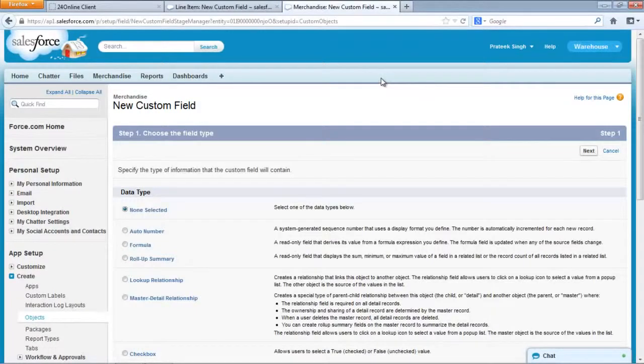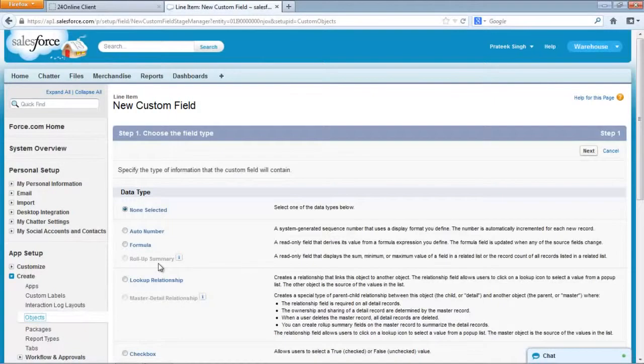And in earlier versions of Salesforce, we could have only one level deep master detail relationship, but now we can have master detail and then one more detail relationship since Winter 13. So see, now we have created these two, it's grayed out on the line item object. That's what I wanted to show you. But since it's a child, we don't have roll up summary. The roll up summary fields get activated on the master because master can roll up the summary of the child. So you can think of master details similar to a parent child relationship.